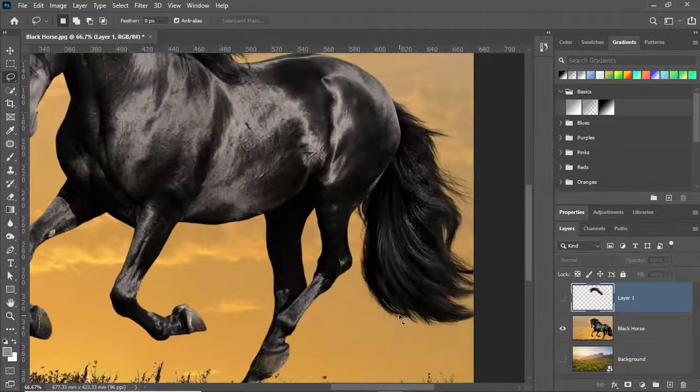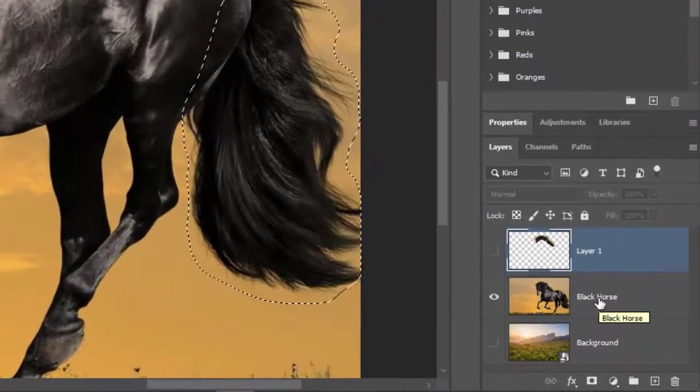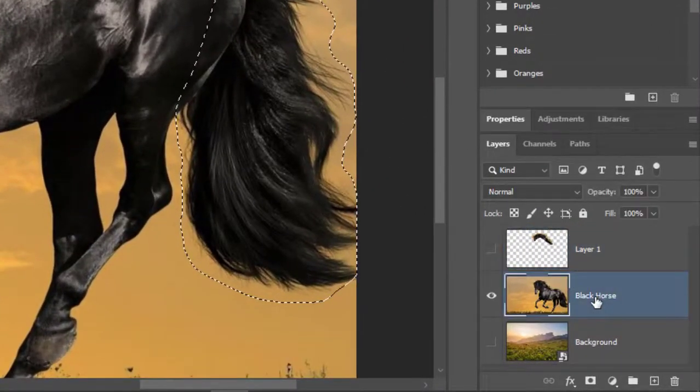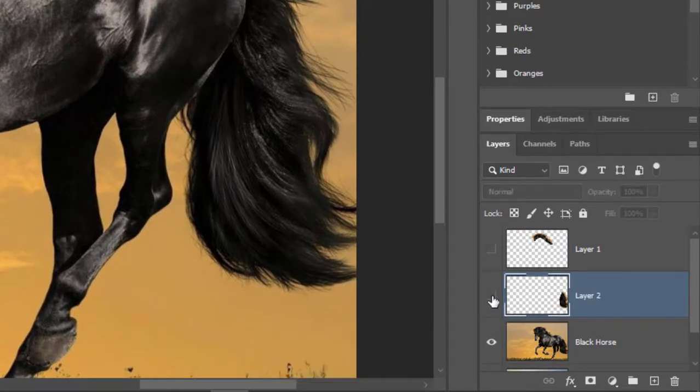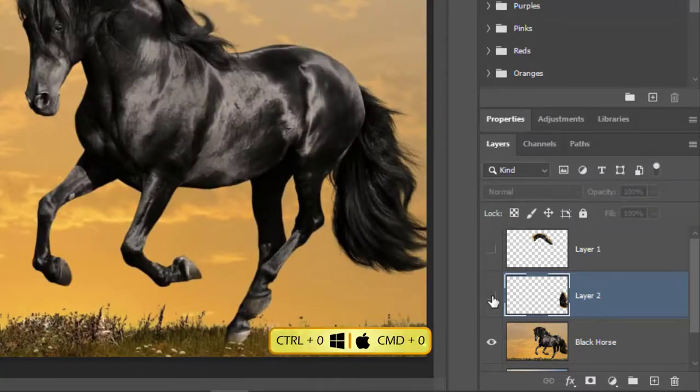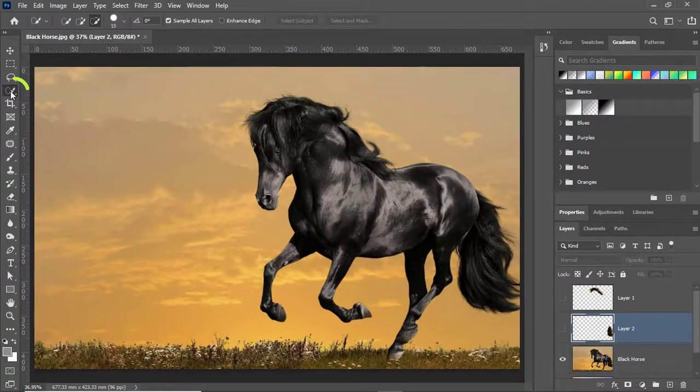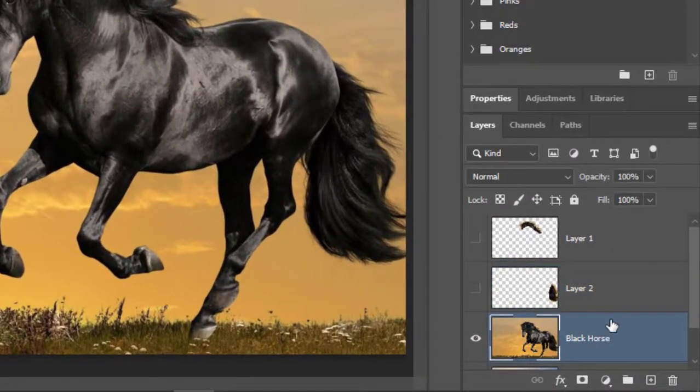I'll select the tail of the horse. With the help of the Lasso tool, I'll simply click and select the tail, and then I'll select my black horse layer and then press the Ctrl+J key to copy that area. Let me turn off this layer and then press the Ctrl+0 key to fit the image on the screen, and then select the quick selection tool and select my black horse layer